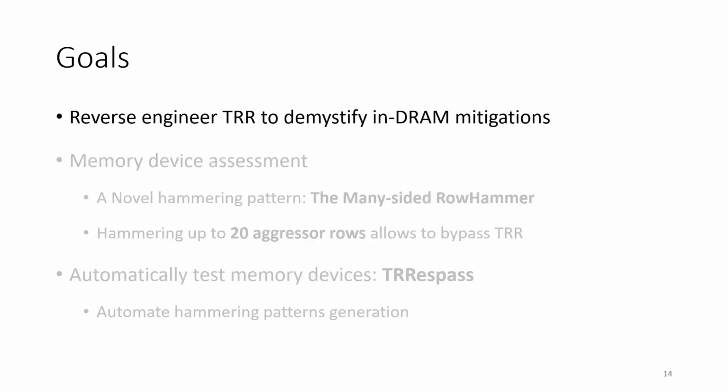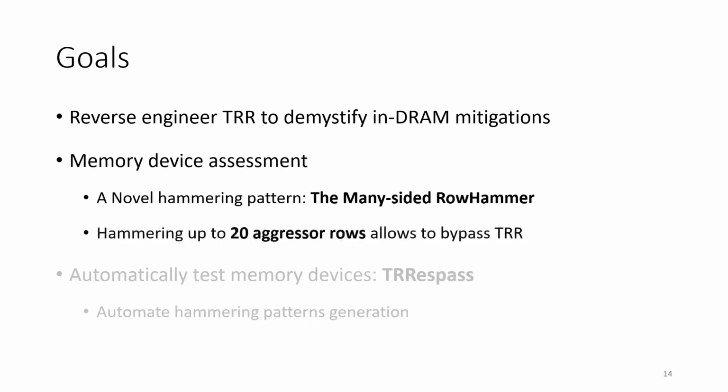We aim to evaluate the memory module security, and we tested our DIMMs against a novel hammering pattern that we dubbed the many-sided hammer. It is a completely new pattern that allows to bypass target refresh, hammering up to 20 rows that can be cherry-picked in a specific way. To automate memory testing without relying on reverse engineering techniques, we built TRRespass, the first row fuzzer able to automatically